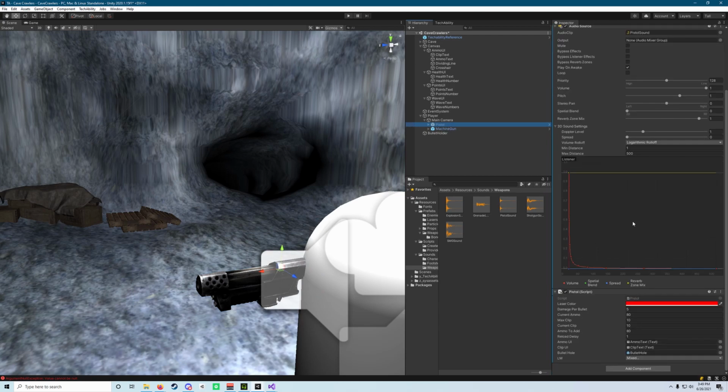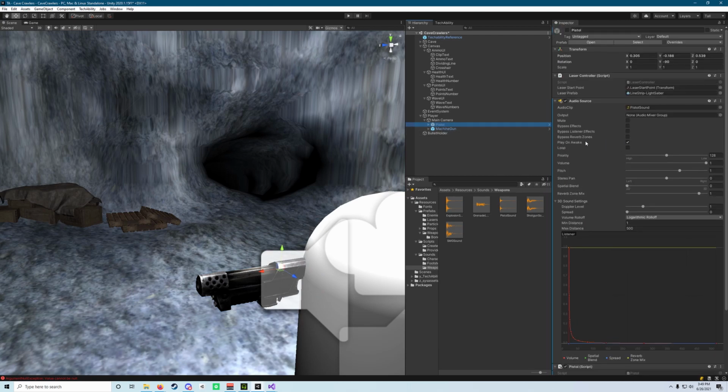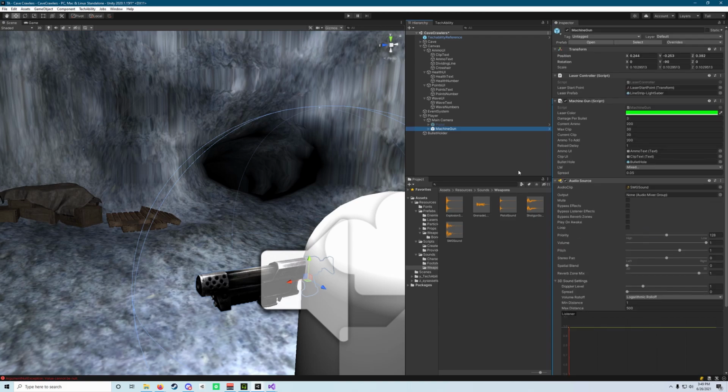And I actually forgot to tell you to do this in the last step, so go ahead and go back to your pistol and untick play on awake there as well, because we don't want these sounds to play when the game starts, we only want them to play when we're shooting. So make sure on both weapons you have play on awake unticked. And now if we hit the play button,